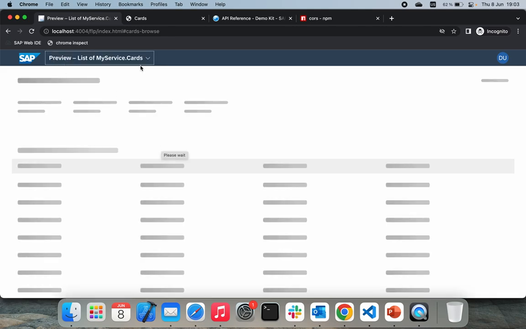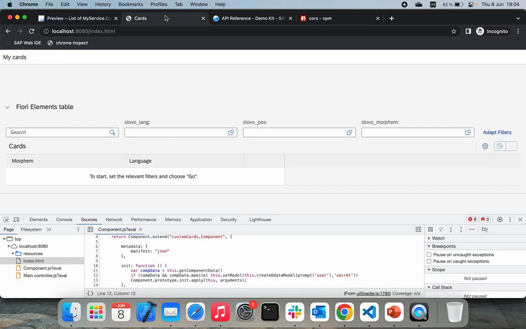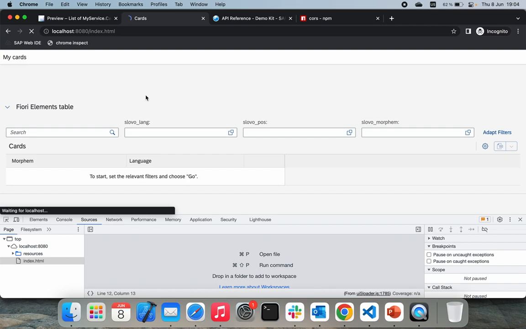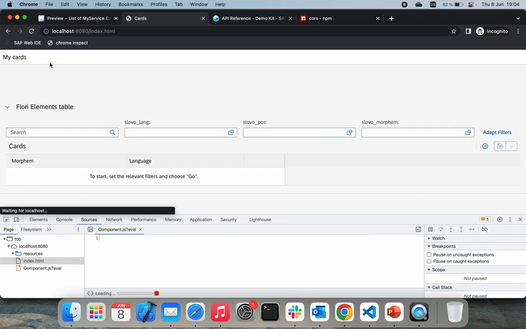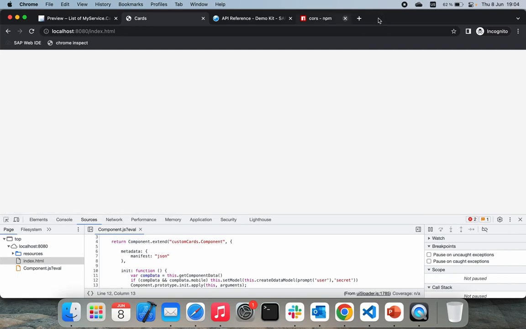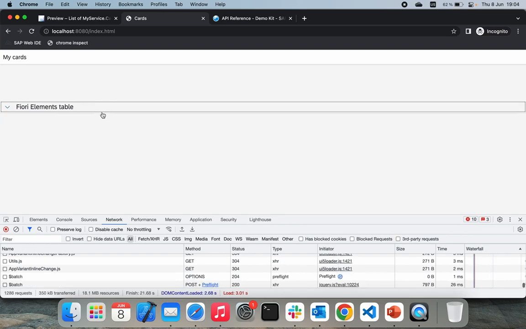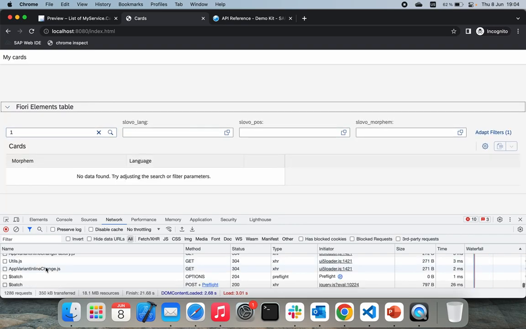Okay, now it says preview. Yeah, fair enough. Okay, now we are back to the preview version, but this guy must show us the card. We say we're an admin, okay, but it does not. And the irony and harmony, so to say, in the universe is actually the backend now responds with